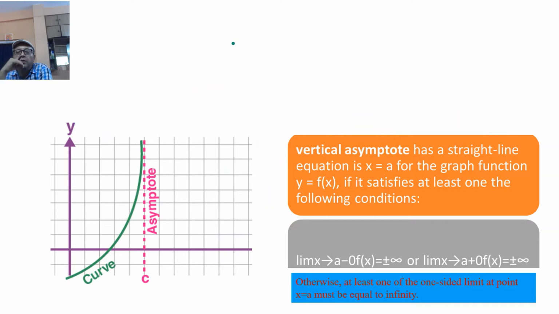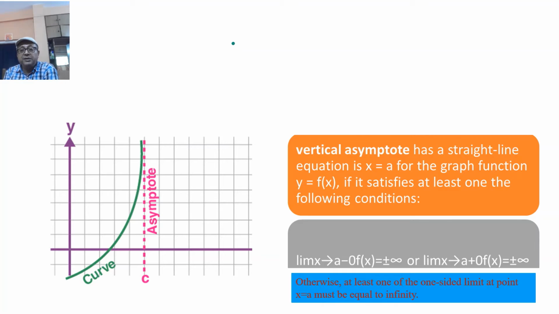Okay, I'll explain how to find the vertical asymptote now. In this diagram, you can see a vertical asymptote exists and its equation, as I told you earlier, will be of the form x equal to c. How to get this equation? The concept is, when x is tending to a constant, then y is tending to infinity. This line will not meet the curve, but it is approaching the curve to meet it at infinity. We can assume that the curve will meet at infinity. But the problem is how to get the equation in this case. The vertical asymptote you can get easily just by seeing the condition here.